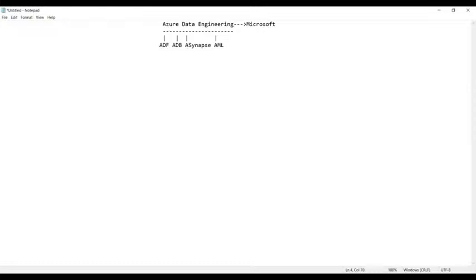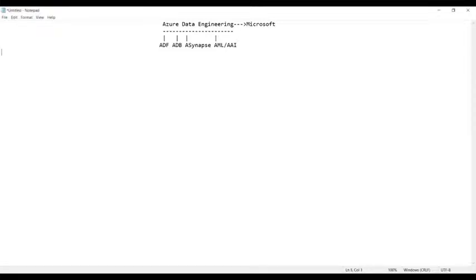And then we even have Azure AI, which stands for Azure artificial intelligence. Likewise, we have many services provided under this Azure data engineering.